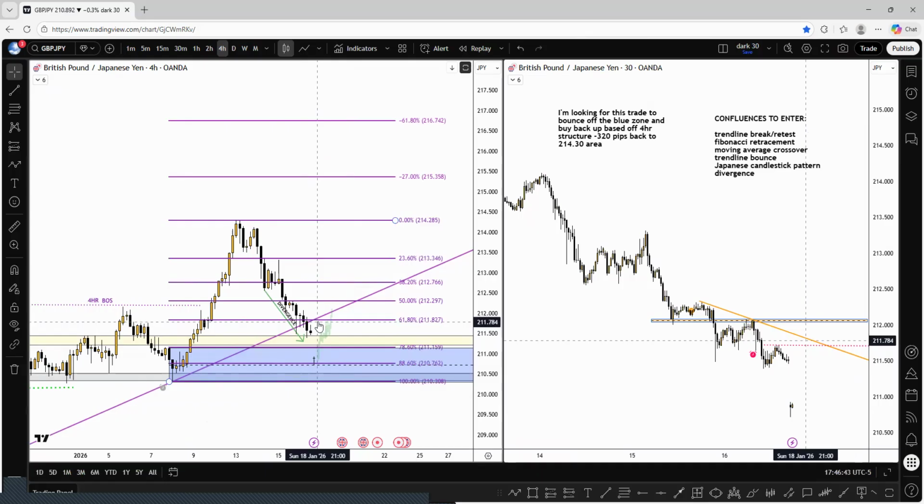And right now, we had divergence on the 1 hour from Friday. When I looked at it earlier, it looked like it died. I don't know, but I'm not going to pull it back up. I'm expecting this to come back and tap this trend line first. But what I really wanted is for the candlesticks to give me a buy and break back through this trend line. At that point, I possibly would adjust my trend line